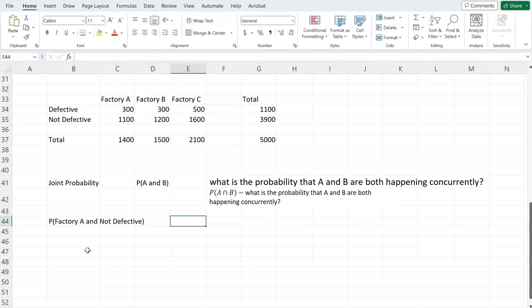So in that case, I will look at factory A's column, and this number 1100 is fulfilling both of these. I'm producing it in factory A and it's not defective, divided by the total number of occurrences, which is 5,000. So I will say equals 1100 divided by 5,000, which gives me 0.22. That tells me that if I randomly pick one of the outputs, the probability that it was produced both in factory A and not defective is 0.22. In other words,